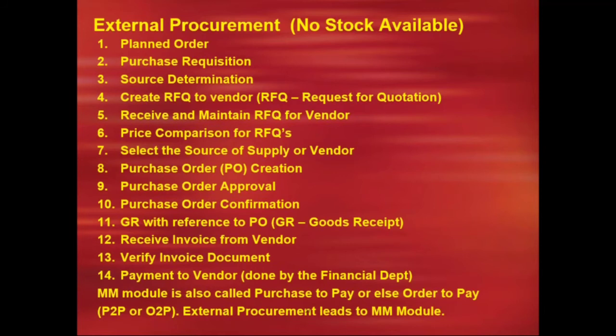So quotations are created by the company and they are sent to vendors V1, V2, V3, V4, V5, V6, V7, etc., stating that, boss, we need the raw materials A, B, C. If you are ready to supply the material to our company, let us know the terms and conditions, payment, etc. Then the company will receive all the quotations from all the suppliers and they'll do a price comparison for the quotations.